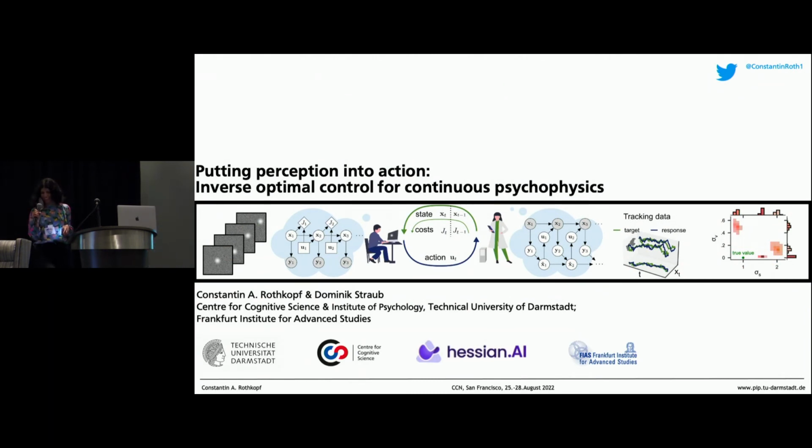Okay, so our next speaker is Constantin Rothkopf. He is a professor at the Institute of Psychology and the founding director of the Center for Cognitive Science at the Technical University at Darmstadt. He is also a founding member of the Hessian Center for Artificial Intelligence. His research interests center on the distinction between looking and seeing, and how this distinction relates to vision during goal-directed actions in the real world.